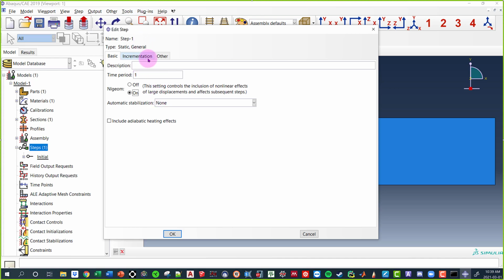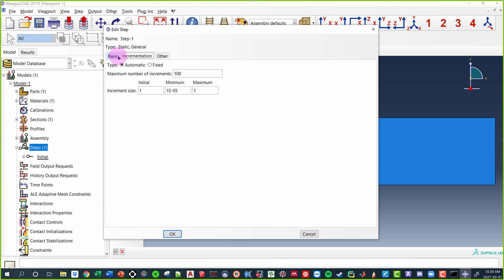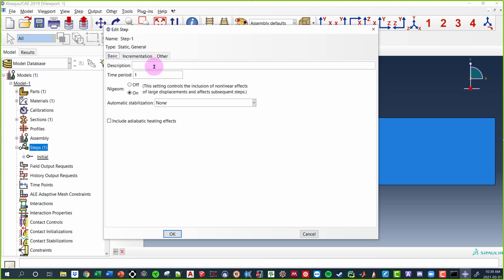But one of the things I want to talk to you guys about is step. So if we go to incrementation, we can actually define the step size. So for instance, if I wanted to go from 0 kilonewtons to 1 kilonewton, I can actually define the step size. And this is going to be a percentage of the actual time. So if we come back here, we see that our time period is equal to 1. This is kind of a pseudo time period. It's a fake time period because we're dealing with static steps.